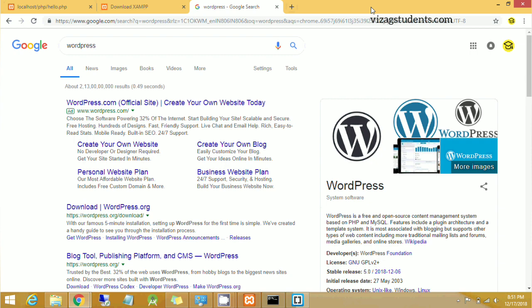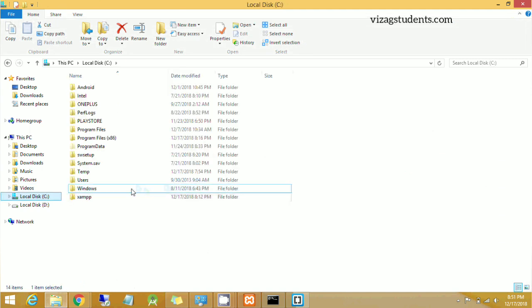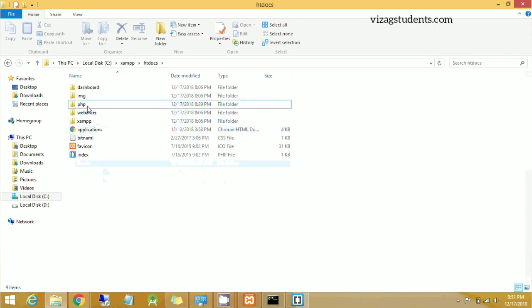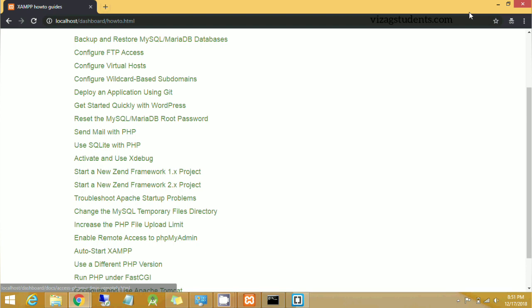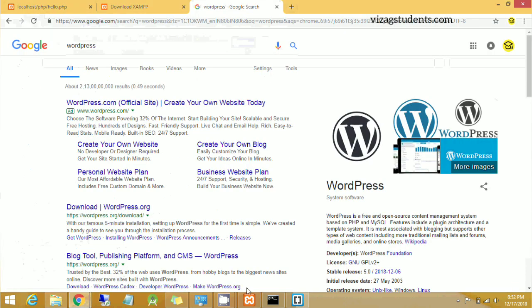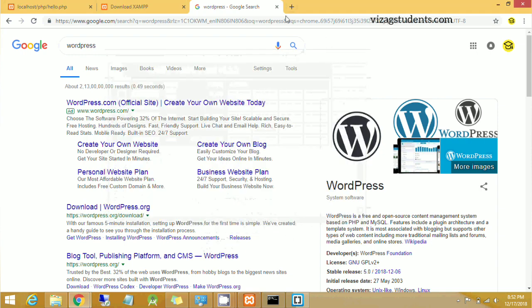Once the installation is completed, you will get different files in your system like XAMPP, and in XAMPP you need to go to htdocs. In that you need to create a folder called PHP. Then you need to start this Apache here. Once it's done, go to your web browser and type